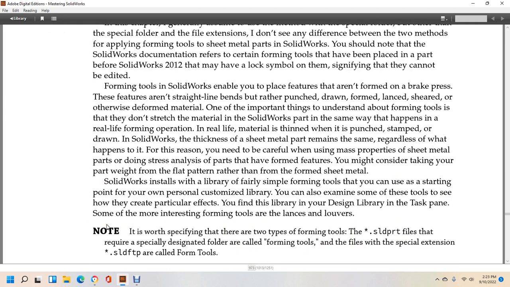Forming tool in SolidWorks enables you to play with the features. Form and break paths with the use of features for the straight line with bends, punched and drawn, the form and lance and shear the otherwise deformed material. One of the important things to understand with the forming tool is that it does not thin the material in a SolidWorks part